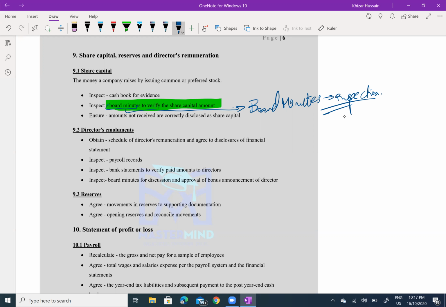Directors' emoluments. What are emoluments? This is remuneration. Obviously, you need to assess the directors' payments, the directors' salaries, shares, and stuff like that. Everything needs to be vouched, right? And how? As per their contract. So the most valid source is directors' contracts, right? You have to directly jump to the most valid source. That is what will help you obtain SAI, sufficient appropriate audit evidence. All right. So directors